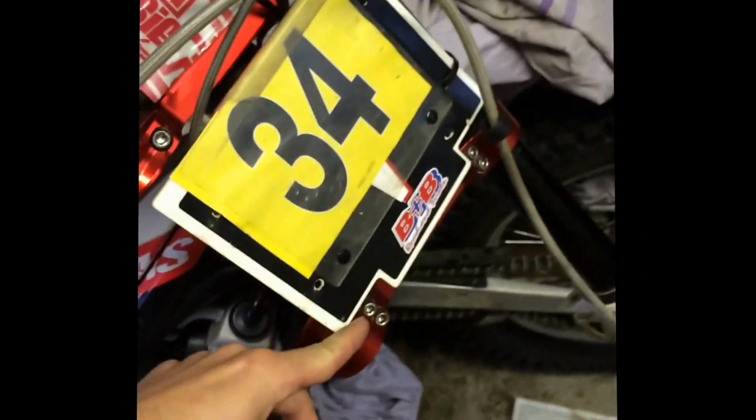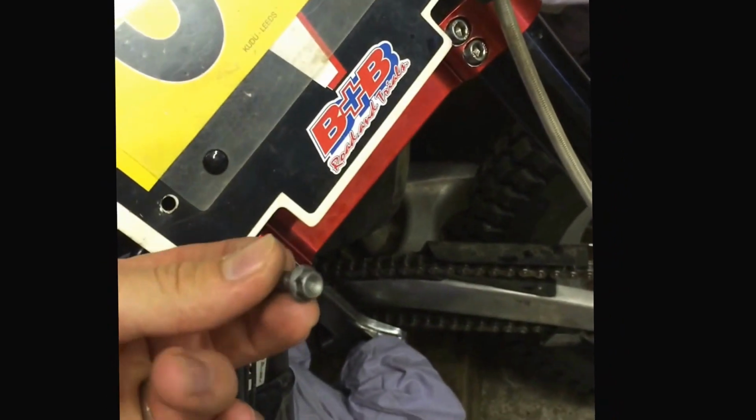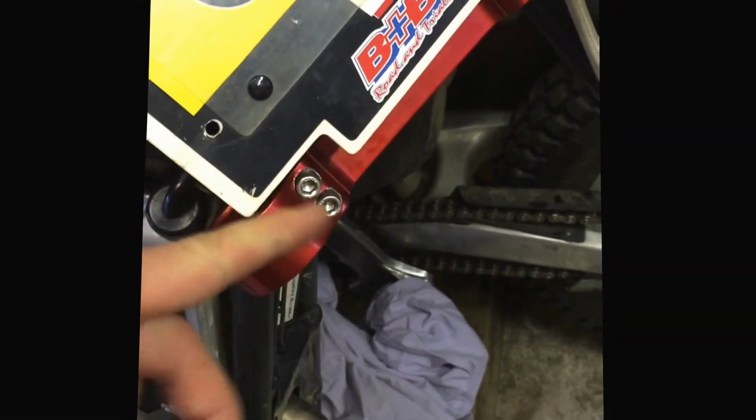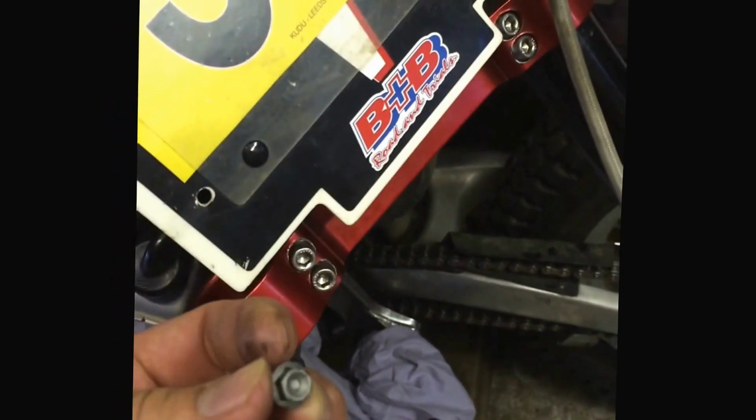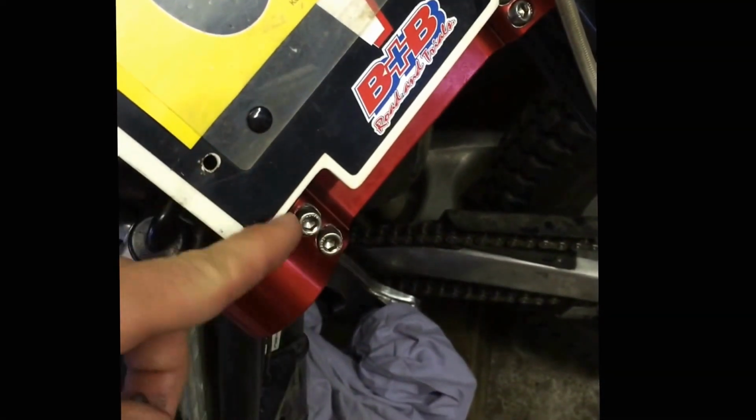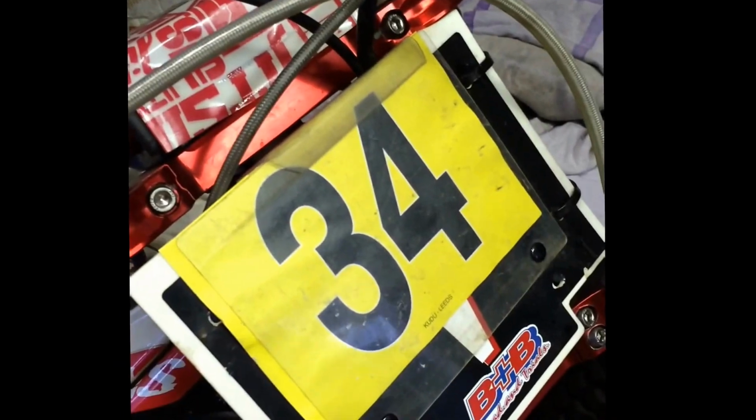First off, it'd be worth noticing that your bolts that sit in your triple clamp, these ones here, to have this in this hole, you cannot physically get a standard size socket on top of these in there. So you can see I've swapped these for Allen heads, and the difficulty that I had